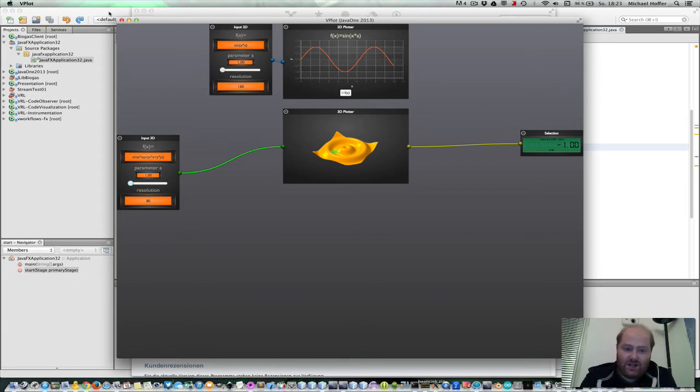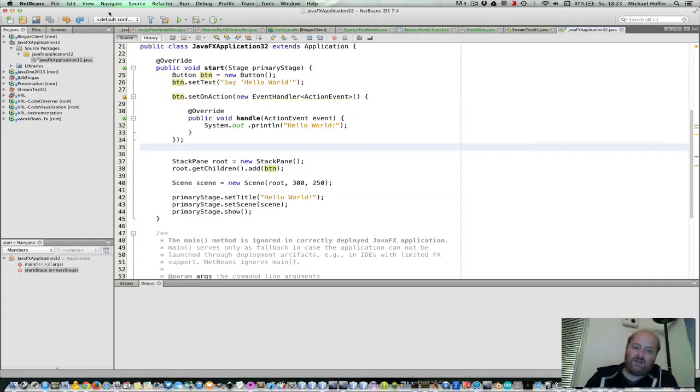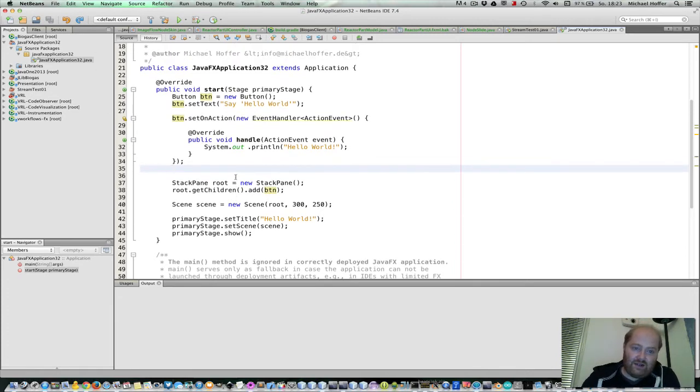Okay, now apart from the 3D integration, which is personally for me the most important thing that was added to JavaFX, I also really like the fact that the Java language got syntax improvements, and significant improvements that are not just syntactic sugar. It also will allow the JVM and all the libraries to be more efficient. And the easiest way to try that out is by installing Java 8,